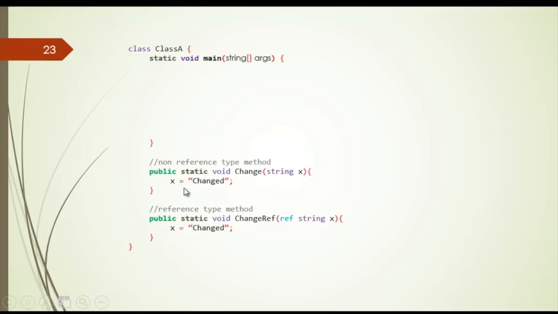In this case, I'm just marking it as static so that I can call it from the main function. That's it. Static doesn't play any role here. So let's see. I have x equals hello world, assuming that it's Visual Studio. I'm just putting it in slides so that you can understand easily. So I print it, and it prints hello world.